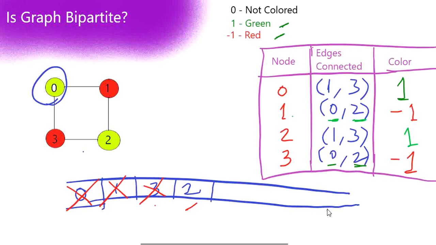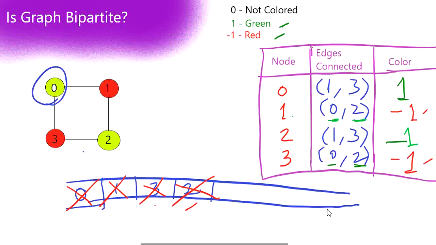So now our 2 is colored with green. We have to check whether 1 and 3 are in different color. So if you see, 1 is colored with -1 and 3 is also colored with -1. In this case, it again passed. That is, 2 is connected to the edges from different set. So finally we are going to poll 2 as well.